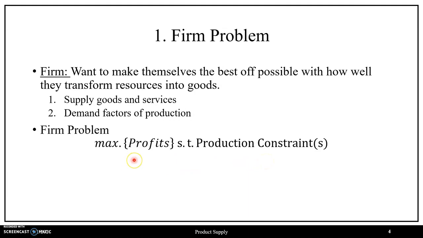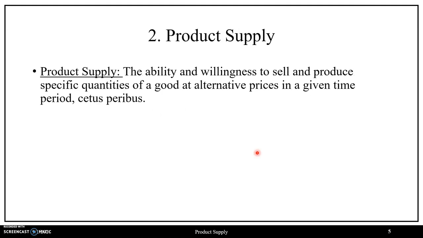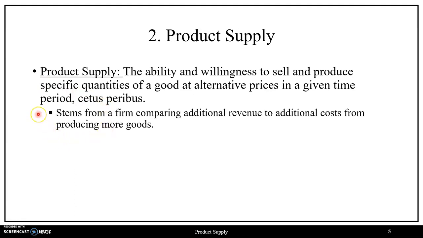which we can alternatively express as firms want to make the most amount of money possible given how well they can produce goods and services with their limited amounts of factors of production such as labor and capital, where the solution to this firm problem is going to give us product supply, where we can formally define product supply as the ability and willingness to sell and produce specific quantities of a good at alternative prices in a given time period, holding all else constant, or ceteris paribus,